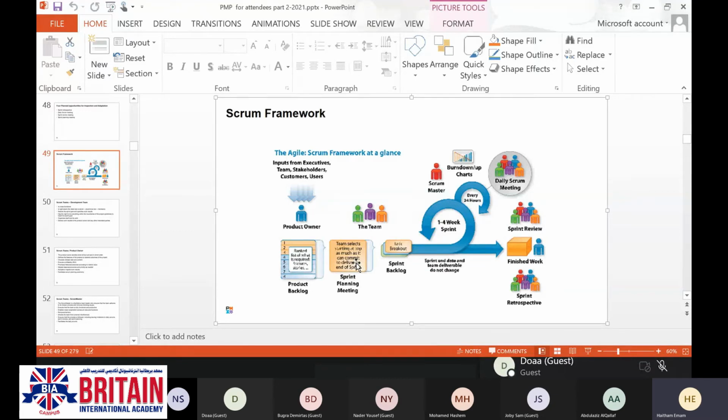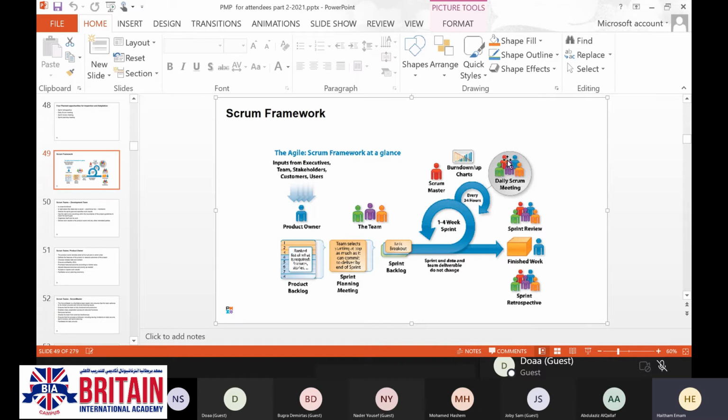You are going to assign or allocate the tasks to the concerned staff. You are going to plan for the delivery time, for the required resources, for the dependencies between the tasks and the activities, and even the risks which you are going to face. You are going to start doing the work based on the sprint backlog, which is going to be taken from the product backlog.